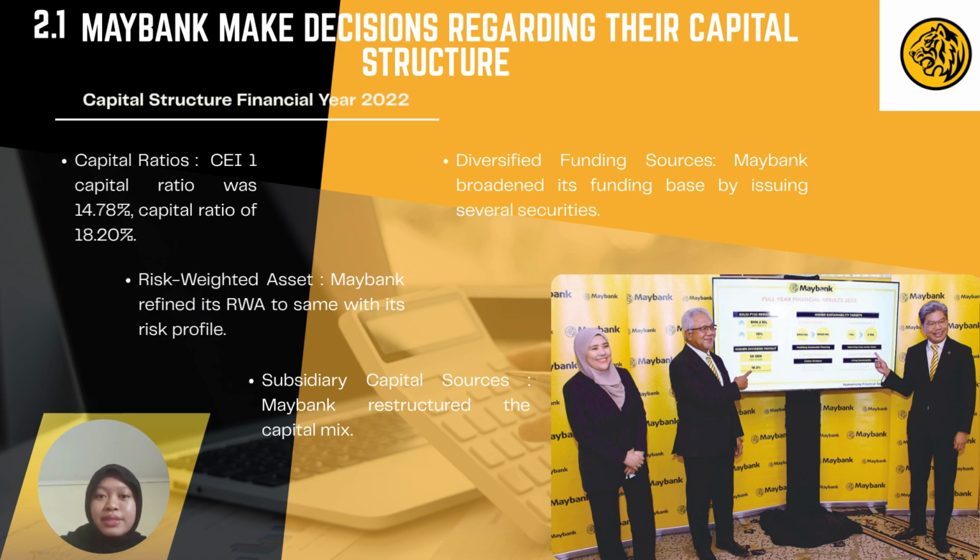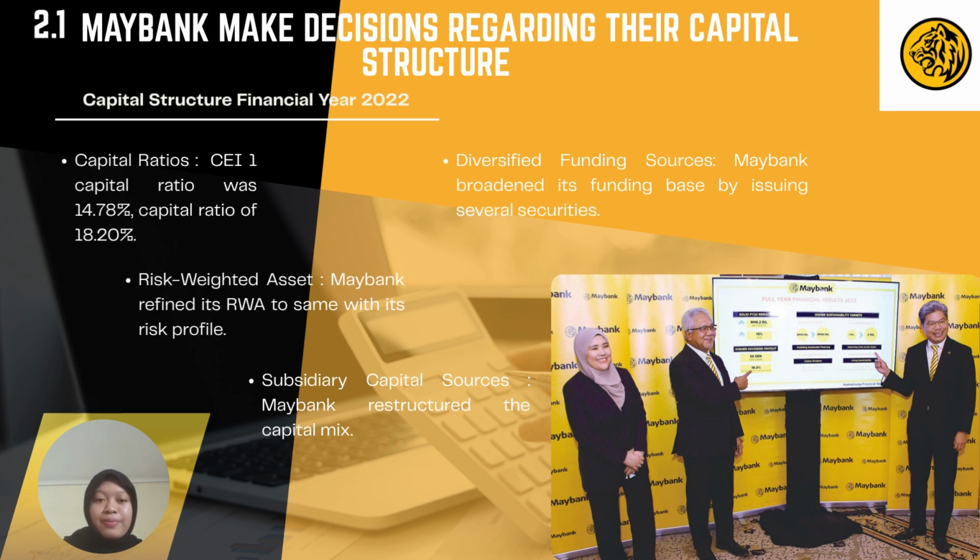Second, capital optimization initiatives. The bank expanded its funding base by issuing a variety of securities such as Samurai bonds and USD commercial papers with both fixed and floating rates. It continued its subsidiary capital restructuring to streamline capital across the group. The RWA optimization process was further refined by enhancing internal policies and improving RWA calculation methodologies to better reflect the